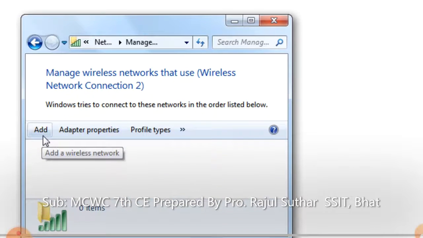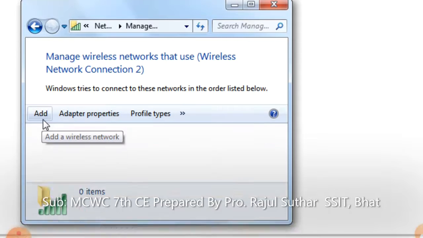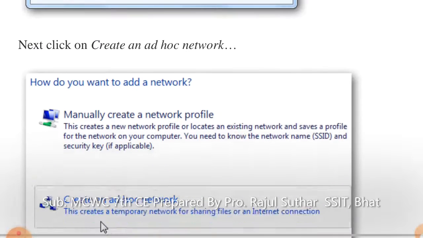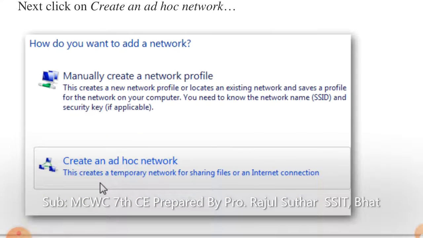The next step, you are required to click on the add button. After clicking on the add button, click on create an ad hoc network. So these are the two categories. First, manually create a network profile, and second, create an ad hoc network.